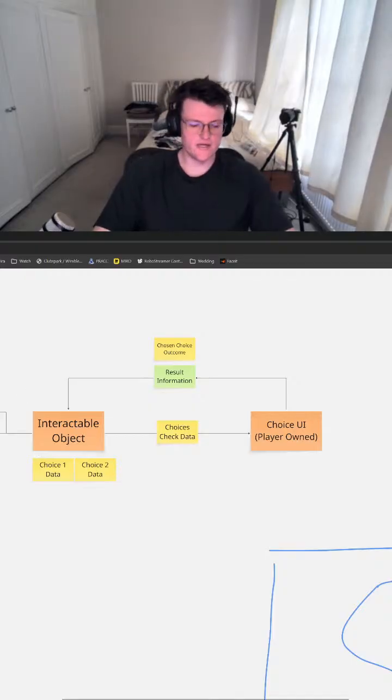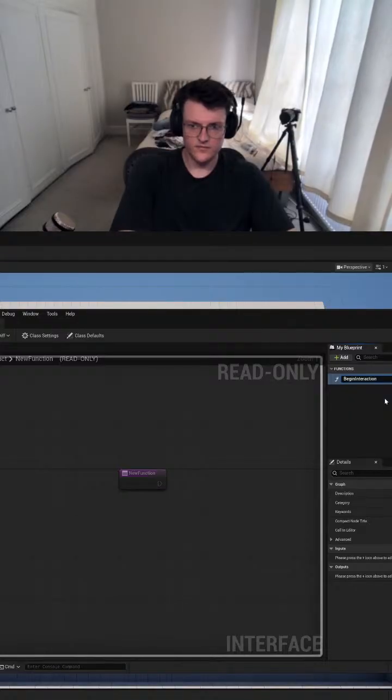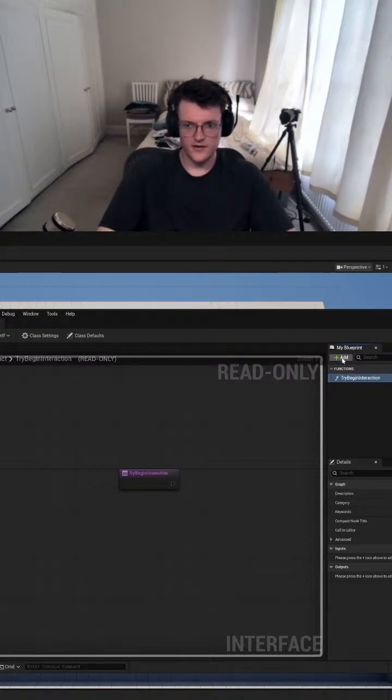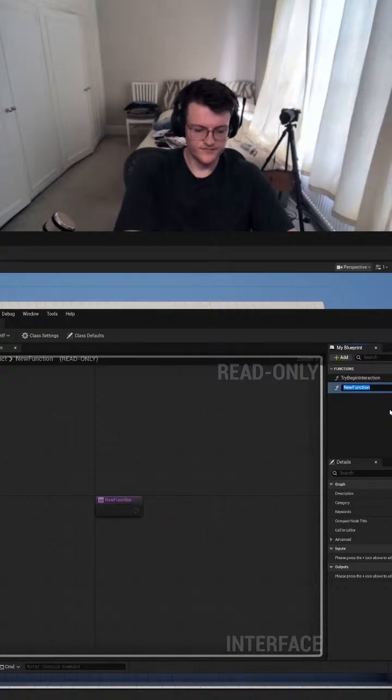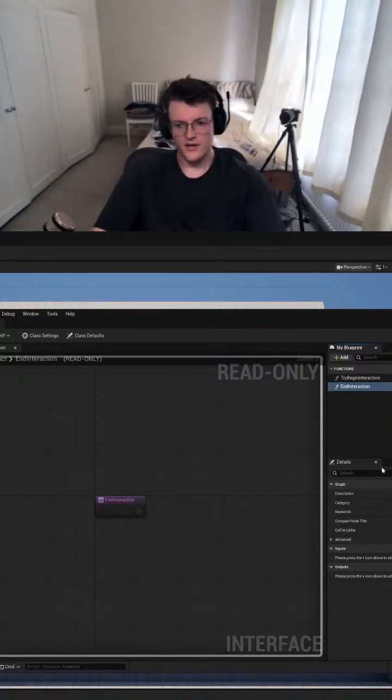I think it's useful to have. So we've got a begin interaction. Maybe even just to try begin interaction. And then a new function which is end interaction. And this is going to have,